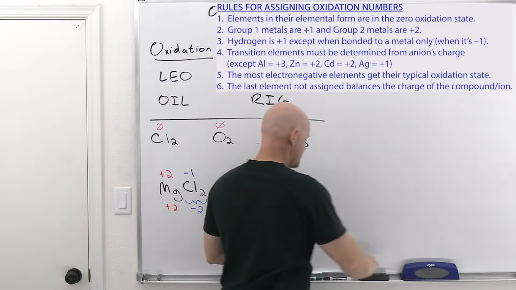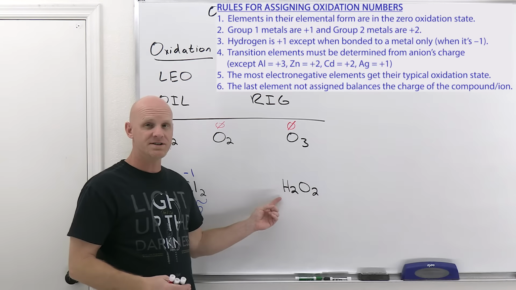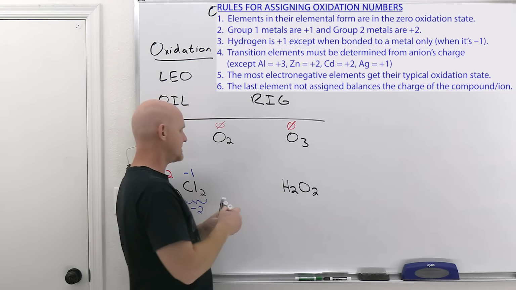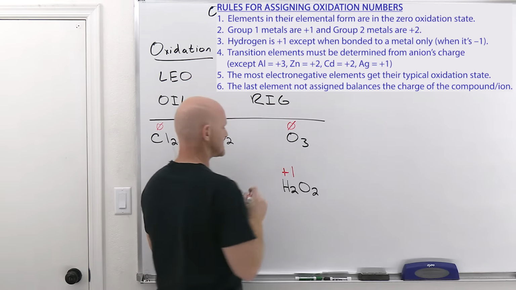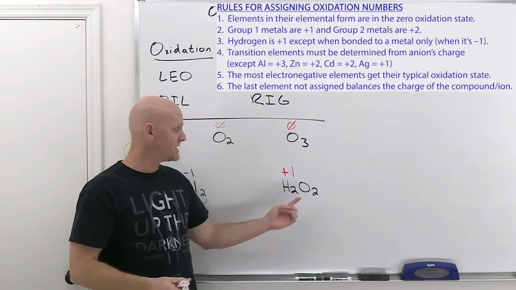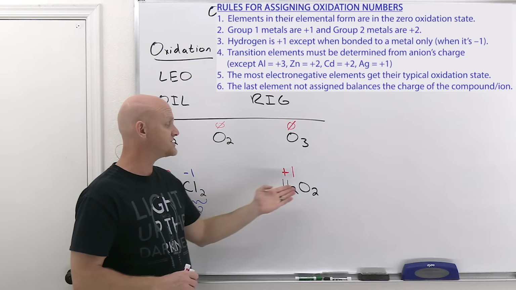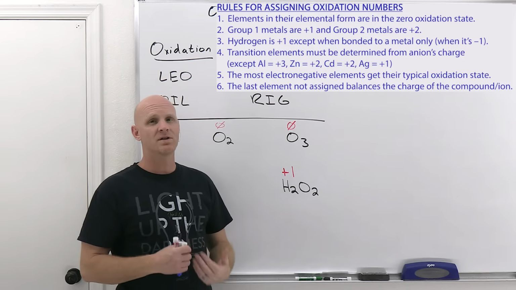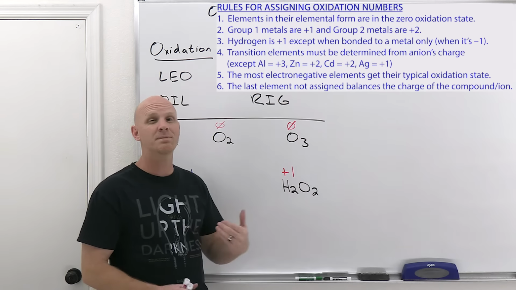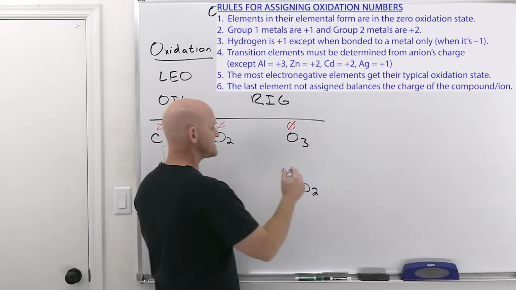All right, so going back to hydrogen peroxide here, that tells us that hydrogen is going to get assigned before oxygen, and we're going to make him +1. And there's only one element left now, oxygen, so we skip all the way down to rule number 6, and oxygen's just going to have to be whatever it needs to be to balance this out. And again, this is a neutral compound, so it's got to balance out to 0, in which case oxygen's got